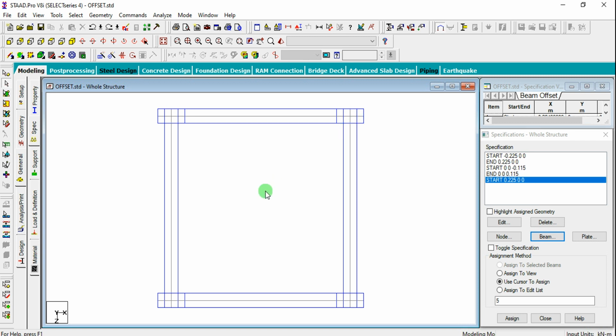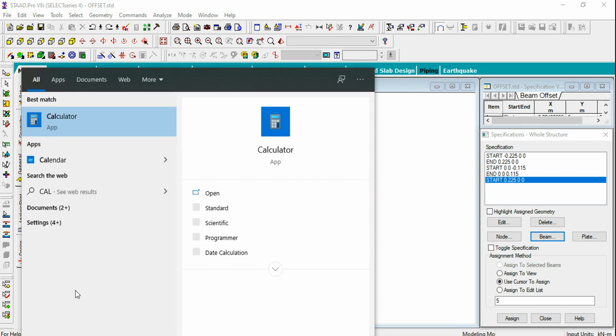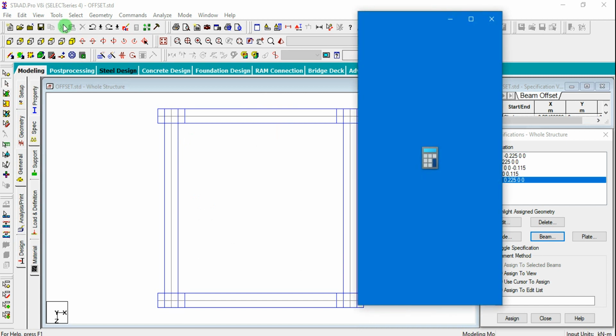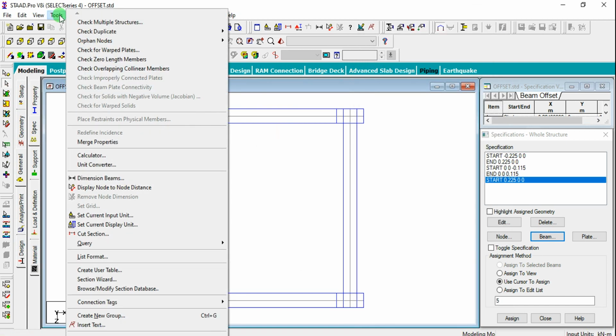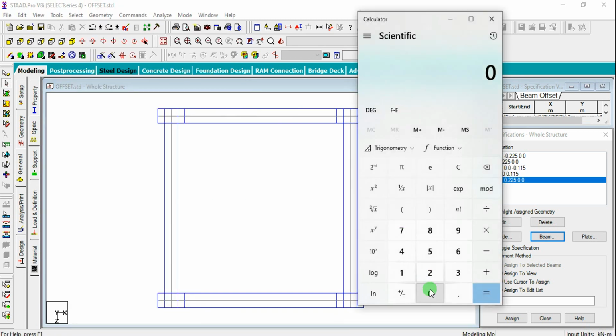Okay, so here let us go for the calculator once. And of course in STAAD also we are having calculator. You can use your Windows calculator, whatever you need. So calculator can be seen in the tools actually. Okay, coming back to the calculator, so already we are having 0.45 half value.